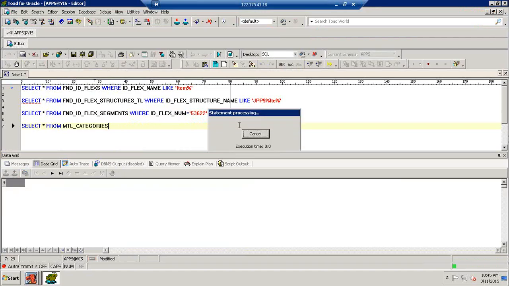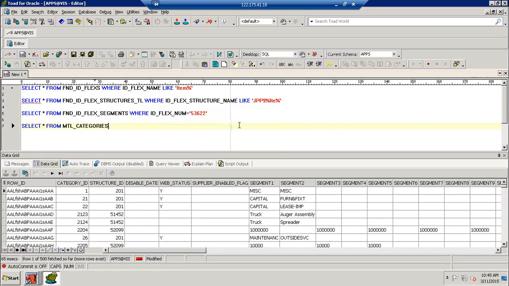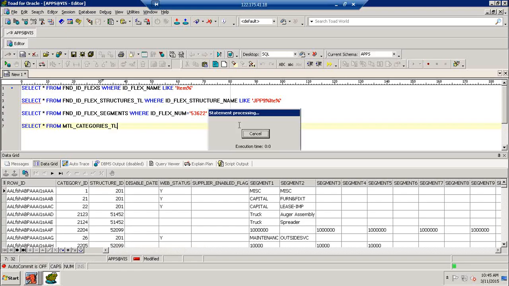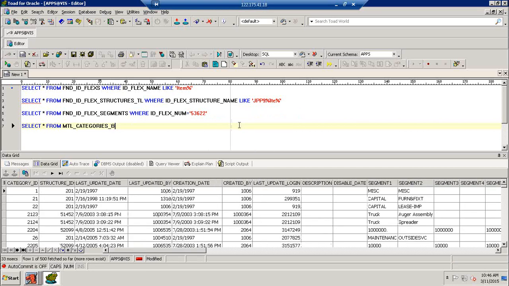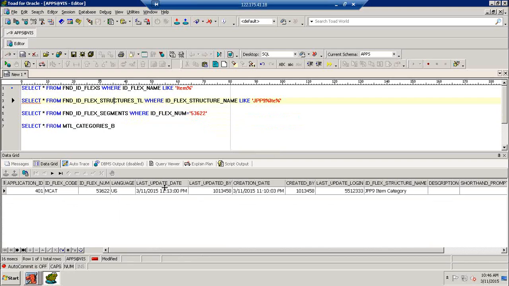MTL categories, but it is a view. Then now we can specify here it is a table. Okay, so here how we are going to identify our category. At this point of time in the TL table we cannot find out the name, so we can go to find out the name in MTL categories B. Okay, so at this point of time, whenever we create the structure, we create the